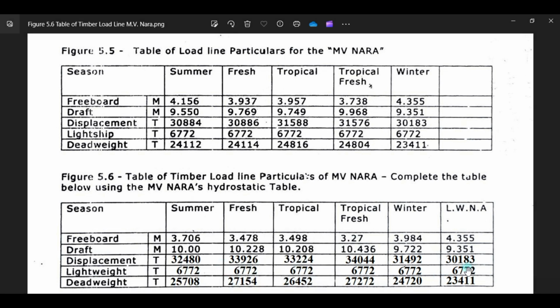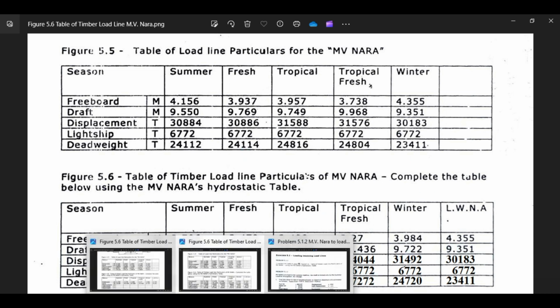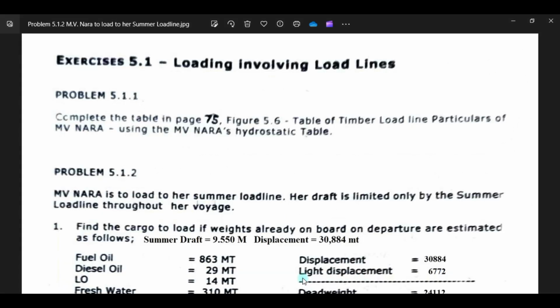So it is now complete. So that will be satisfied, or we have answered already problem number 1, 5.11. Then we go to problem number 2 of 5.12. It says here,